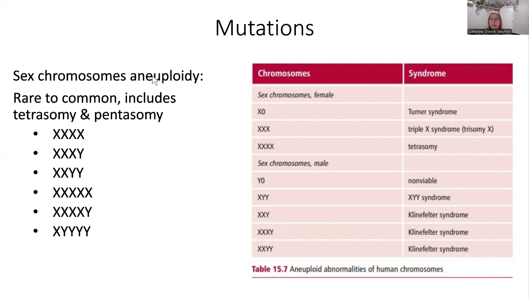Some of the common types of aneuploidy in sex chromosomes are having just 1 X chromosome, so a monosomy of the X chromosome, which is called Turner syndrome, and then a trisomy of X, which is called triple X syndrome. We also have tetrasomy for X chromosomes. And then if you are going to have a Y chromosome, you need to have at least 1 X. So if you do not have an X chromosome, that fetus is non-viable and will not gestate. But you can have X and 2Y, and you can have XXY, which is Klinefelter syndrome. And that's called Klinefelter syndrome, whether or not you have 3 X's or 2 X's and 2 Y's. So there's a ton of variation, and each one of these syndromes is different. It has a different